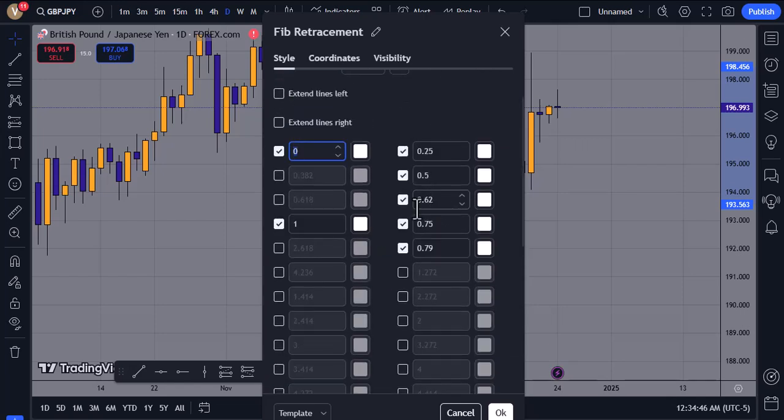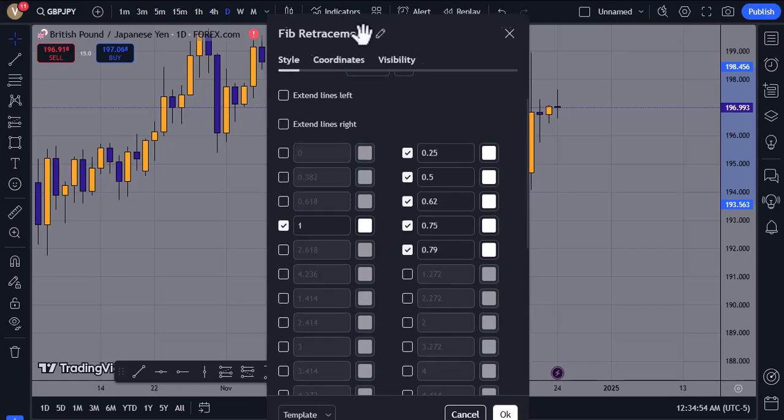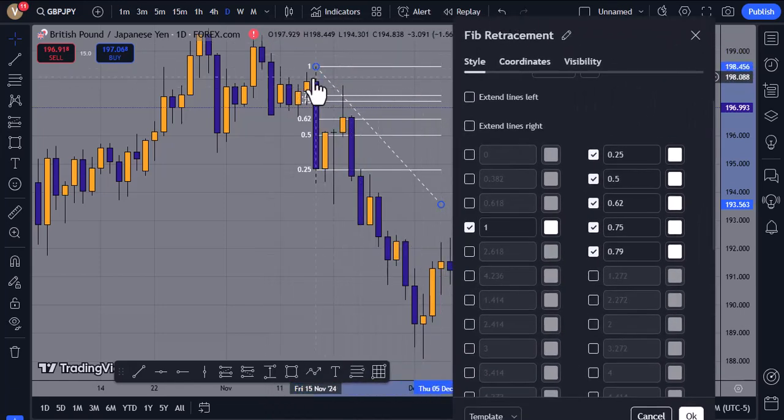And then what again do we need? Then we need the 1%. So these are the settings. You can as well change their color. Once you uncheck a box, it's no longer there. The zero level is not here. Watch, there is no zero level here again. But once you check it, it comes back. It doesn't matter. You can as well check this box and write at this very point